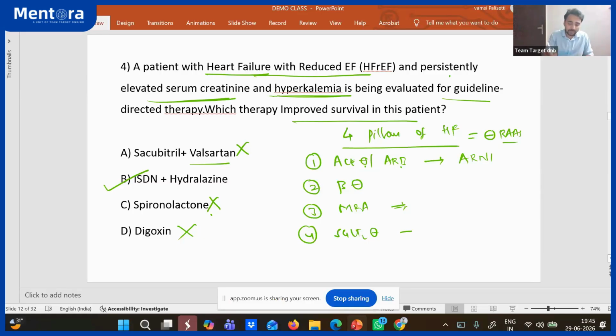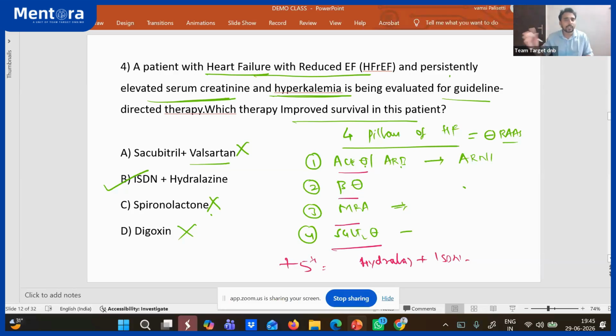So the single important thing I am saying is, before, they used to say there are 4 pillars of heart failure. These are the things which can improve survival: ACE inhibitor, beta blocker, MRA and SGLT2. Along with this, nowadays there is a 5th drug, that is hydralazine and isosorbide dinitrate. Very, very important. This is one more drug which can increase survival in patients with heart failure. Right? Clear?